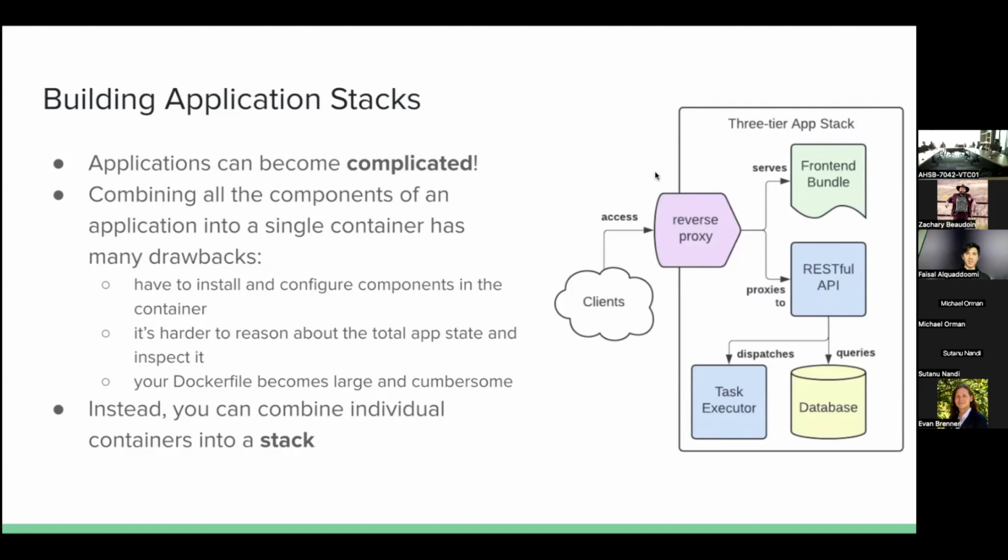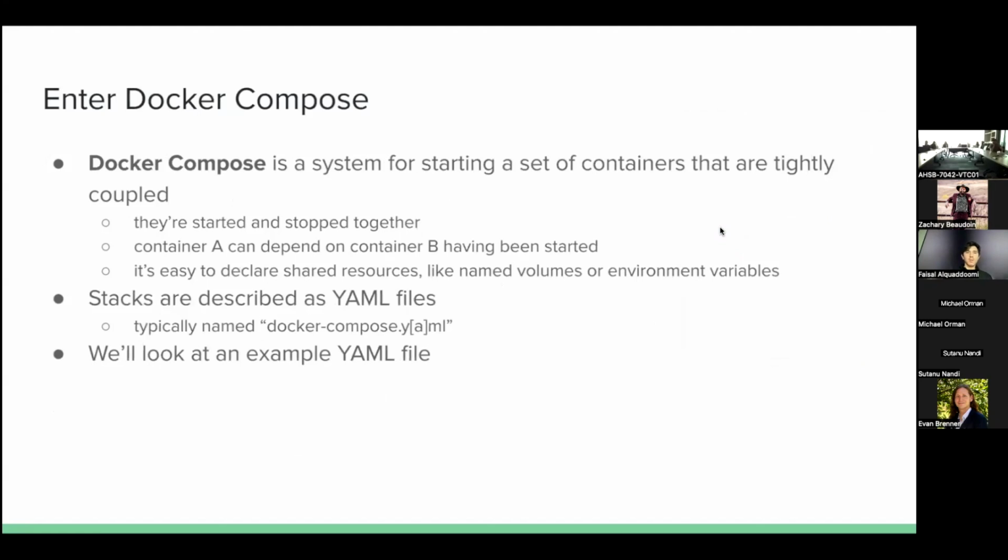It's got a Postgres database. It's got Nginx. You can see this is a lot of containers that all need to be orchestrated together in order to produce this stack. So, as I mentioned, Docker Compose, which comes with Docker Desktop when you download it, is a system for starting